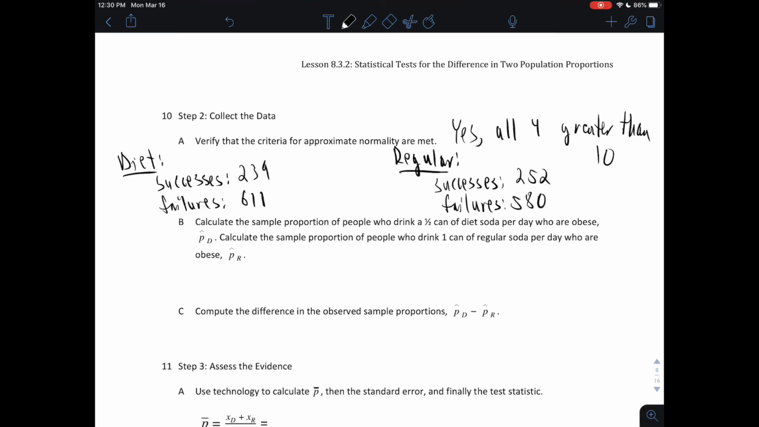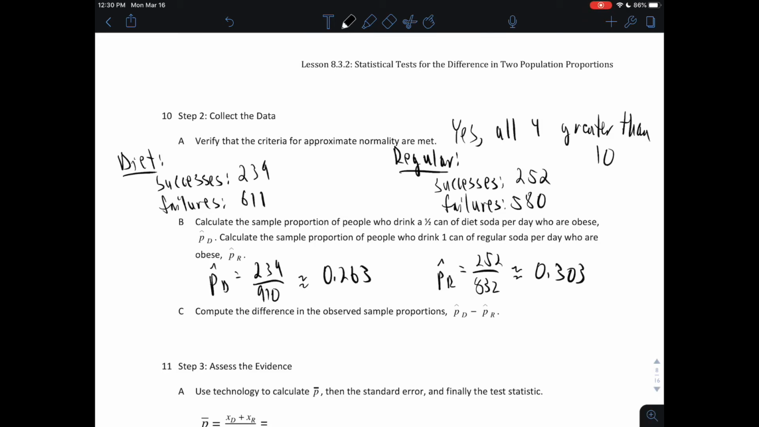So then part B, calculate the sample proportion of people who drink a half can of diet soda per day who are obese. That will be labeled P hat D. And then calculate the sample proportion of people who drink 1 can of regular soda per day who are obese. That's P hat R. So in this case, P hat D is 239 divided by 910, which will give us approximately 0.263. And then P hat R is 252 divided by the sample total for that, 832, and that gives us approximately